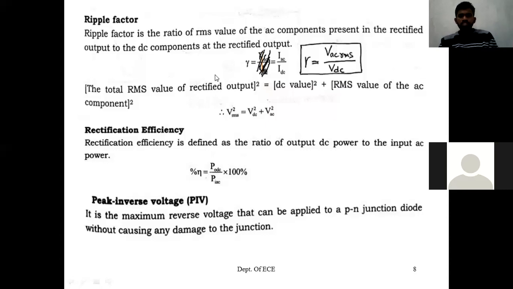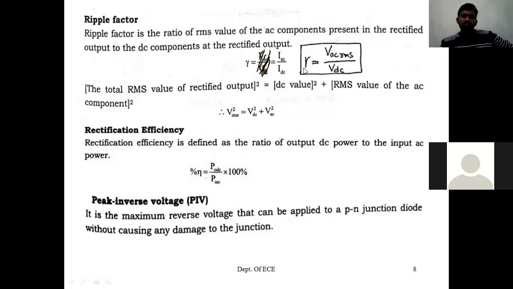So ripple factor, you see the ratio. What information the ripple factor will give you is how much ripple is present at the output of your rectifier. When you are converting a signal from AC to DC, at the output of your rectifier you want as few AC components as possible, right? You want most of the DC component only to be present. So we will try to have as little AC component as possible. So this ripple factor, this gamma value, has to be as high as possible or as low as possible? It is recommended that the ripple factor be as small as possible.